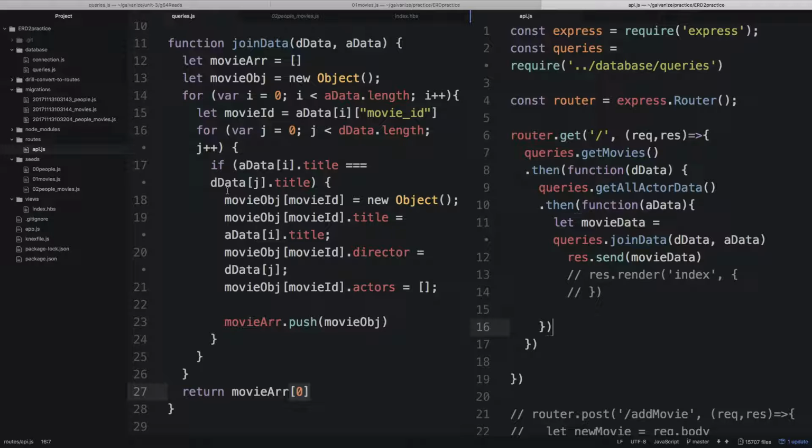So if we go up here, 1, 2, 3, 4, 5, 6, 7, 8, 9, 10, 11, 12, 13, 14, 15, 16, 17, 18, 19, 20, 21, 22, 23, 24, 25, 26, 27, 28, 29, 30, 31, 32, 33, 34, 35, 36, 37, 38, 39, 40, 41, 42, 43, 44, 45, 46, 47, 48, 49, 50, 51, 52, 53, 54, 55, 56, 57, 58, 59, 60, 61, 62, 63, 64, 65, 66, 67, 68, 69, 70, 71, 72, 73, 74, 75, 76, 77, 78, 79, 80, 81, 82, 83, 84, 85, 86, 87, 88, 89, 90, 91, 92, 93, 94, 95, 96, 97, 98, 99, 100, 101, 102, 103, 104, 105, 106, 107, 108, 109, 110, 111, 112, 113, 114, 115, 116, 117, 118, 119, 120, 121, 122, 123, 124, 125, 126, 127, 128, 1